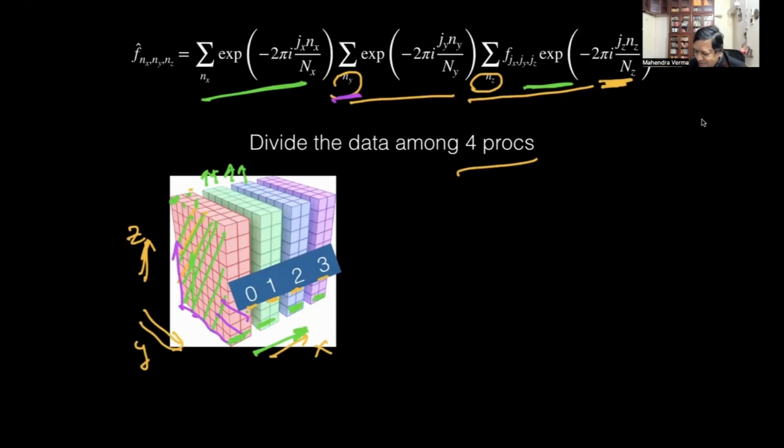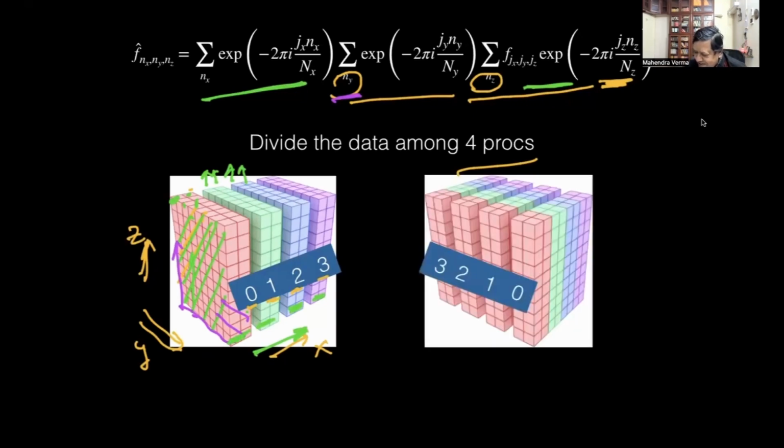Now you can see visually what is happening in the data transfer. You have to see it carefully. Processor 0 keeps this part of the data with itself. But I want to work along that direction, so processor 0 will say, I'm going to do this direction.